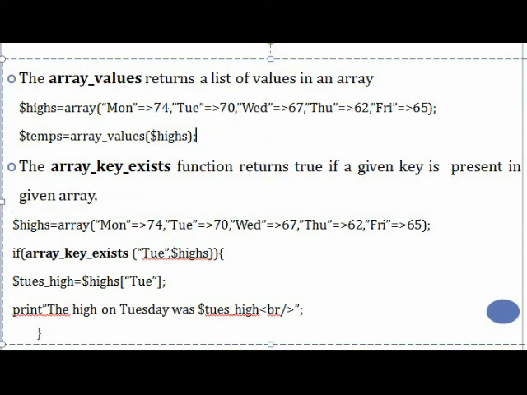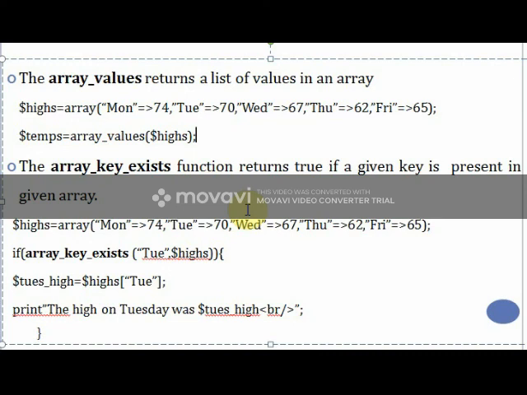The next function you have is the array key exists function. The existence of an element for a specific key can be determined by array key exists. So what does it do? This function is